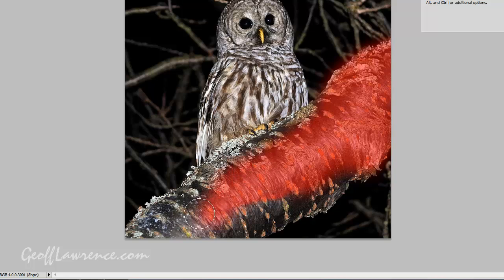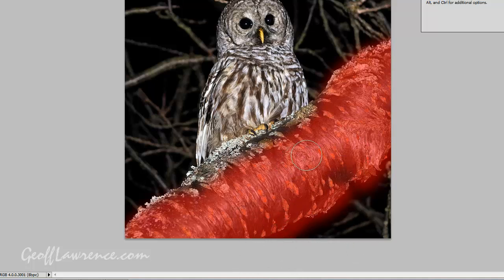But when I've finished making my selection, I can invert the selection. So it makes sense to paint the smallest part of the picture and not have to paint the largest part of the picture. Now down here you'll see that I'm not being fussy at all about the edge,